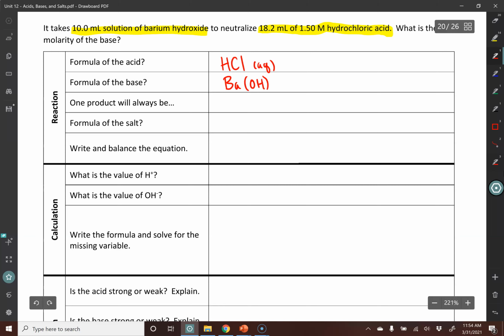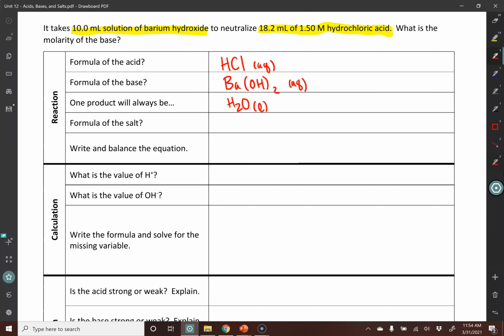So we'd have Ba(OH)2. Don't forget those parentheses around the hydroxide. We're going to run the reaction between hydrochloric acid and barium hydroxide. So in an acid-base neutralization, we know that one product will always be, hopefully no surprises, water. That's going to be in a liquid form. And the formula of the